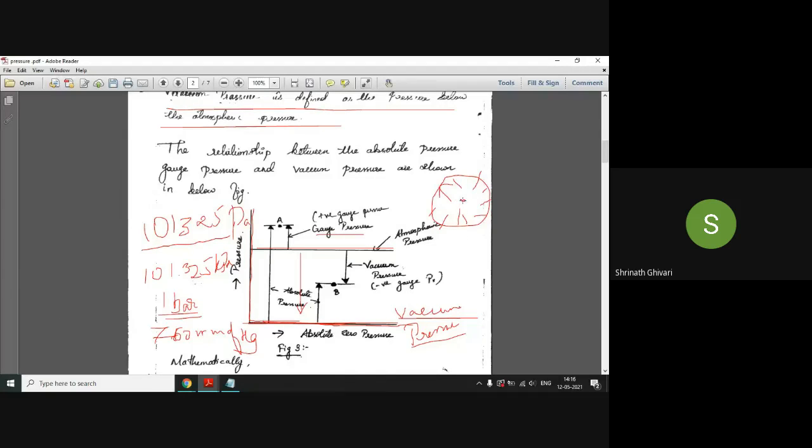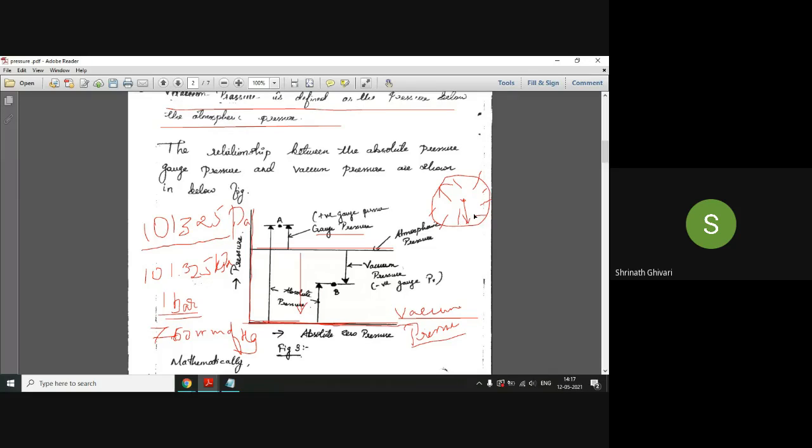Can anyone tell me whether it will always be at 0 before applying the pressure? Will it start with 0 or no? Yes, sir. Have you seen it in the mechanic shop where he fills air inside the tire tubes? He uses one gauge and applies it on the tip of the tire, on the rim where he fills the air. Have you seen that? He measures the pressure and tells you.